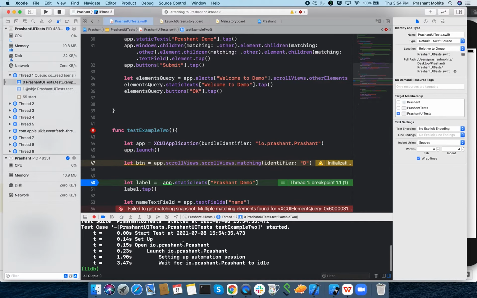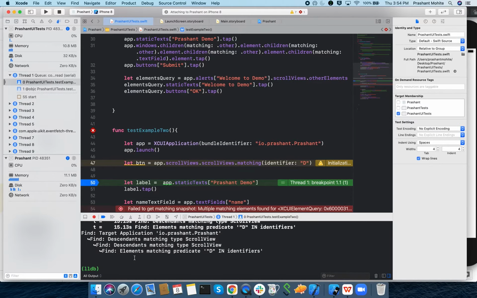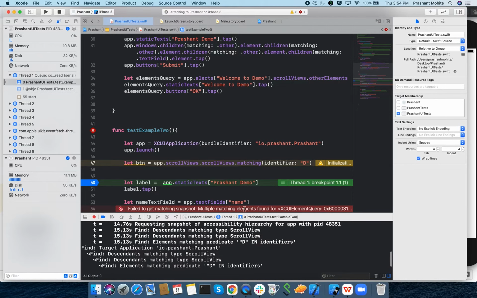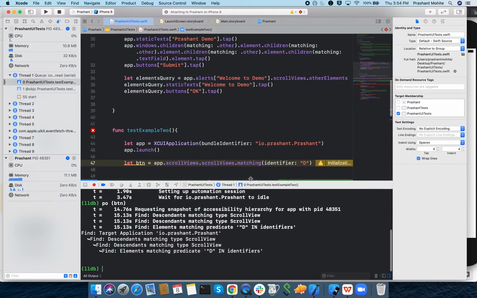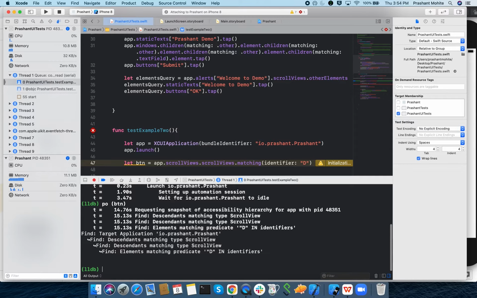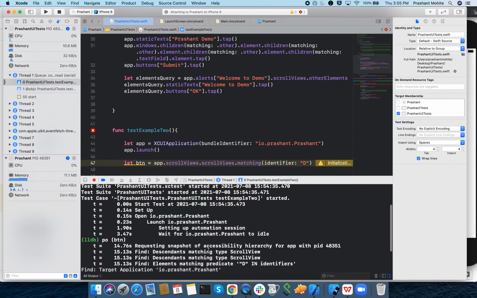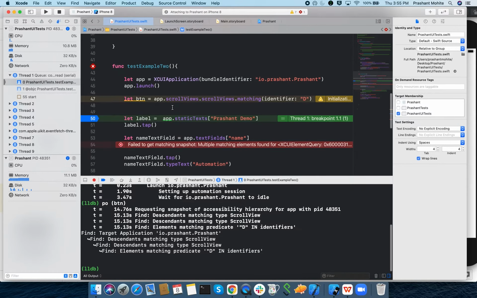Okay, it started. Now if we execute our query, it doesn't find any element.